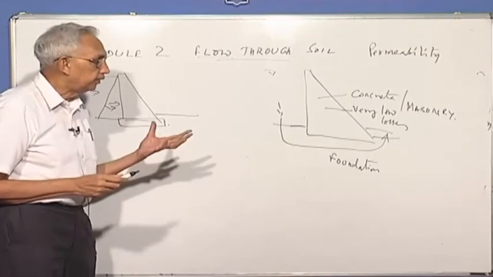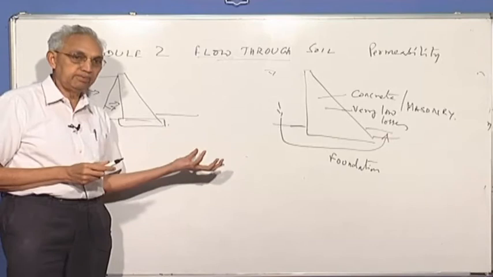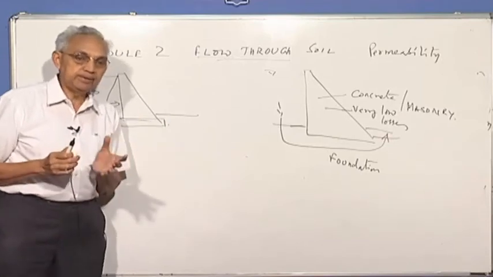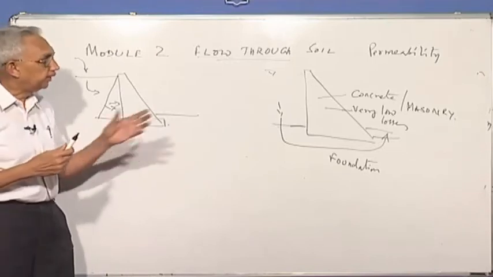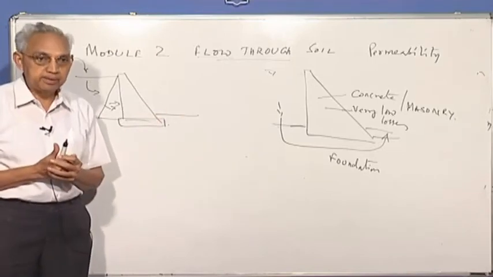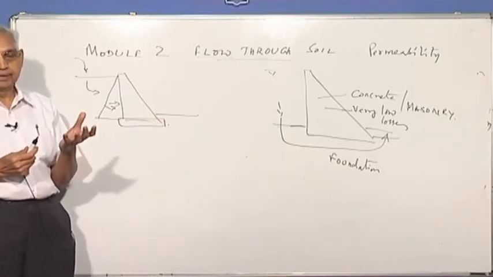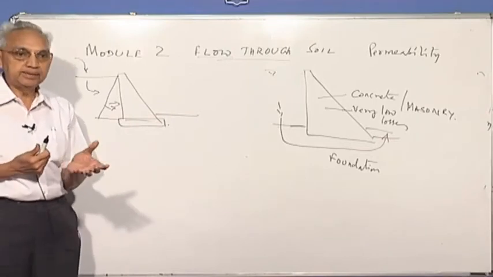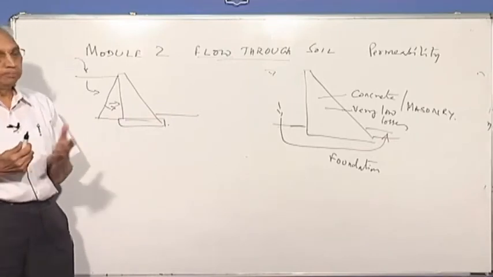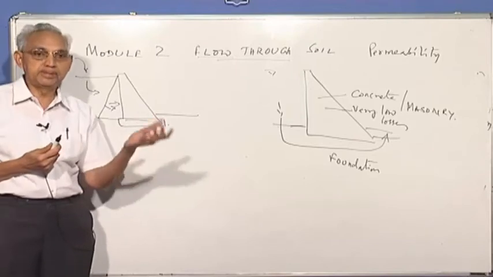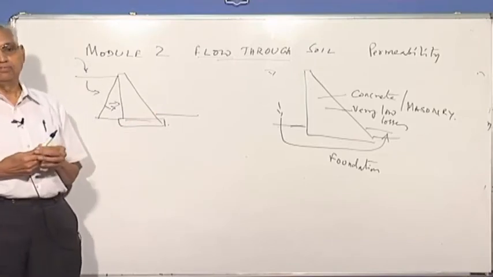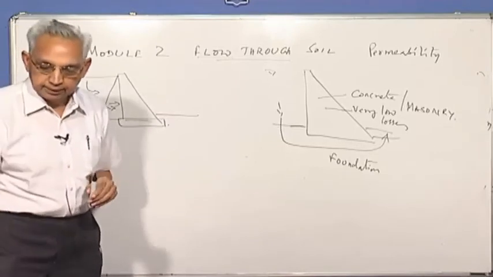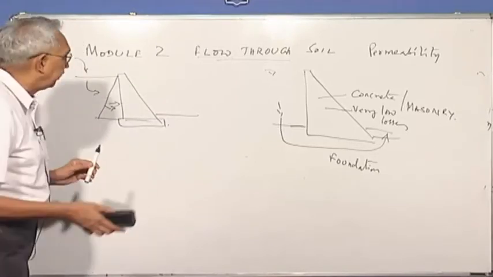So wherever water occurs in civil engineering, while water is very essential for our living, it gives you problems in terms of stability, leakage, etc. Even in the house, if you don't do a proper job, there may be leakage in the bathroom, in the toilets, etc. So we need to study the phenomenon of flow through soil, which has a lot of applications in real life